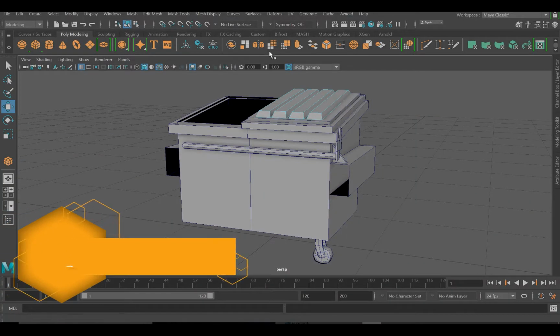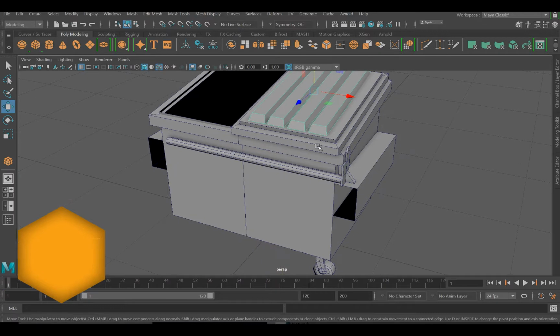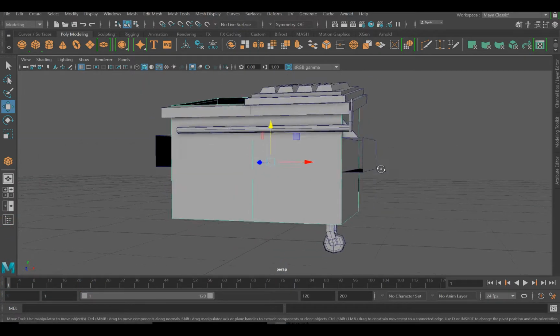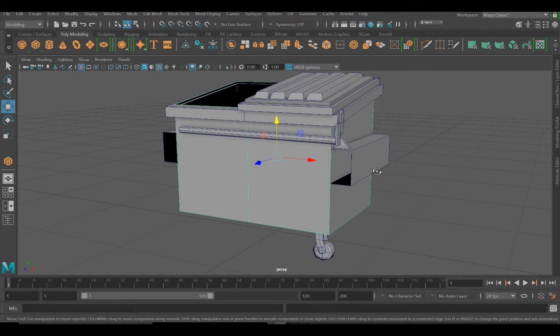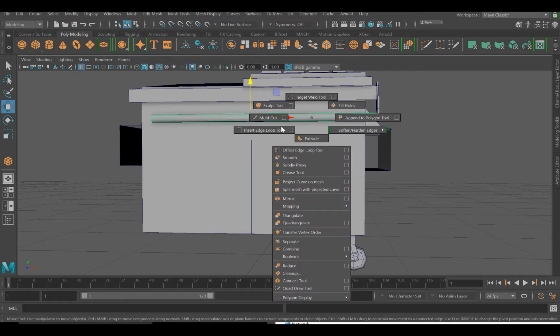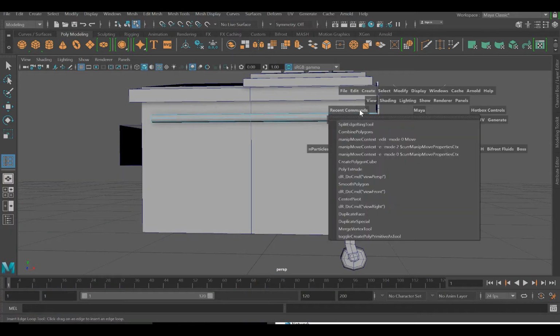So let's take a look at unwrapping our scene and our dumpster rather. So a couple things. We're going to be not only unwrapping, but we're going to be doing a little bit of cleanup. So let's go ahead and select this and then shift right click, and we're going to insert an edge loop right down the center there. Let's go to our front view